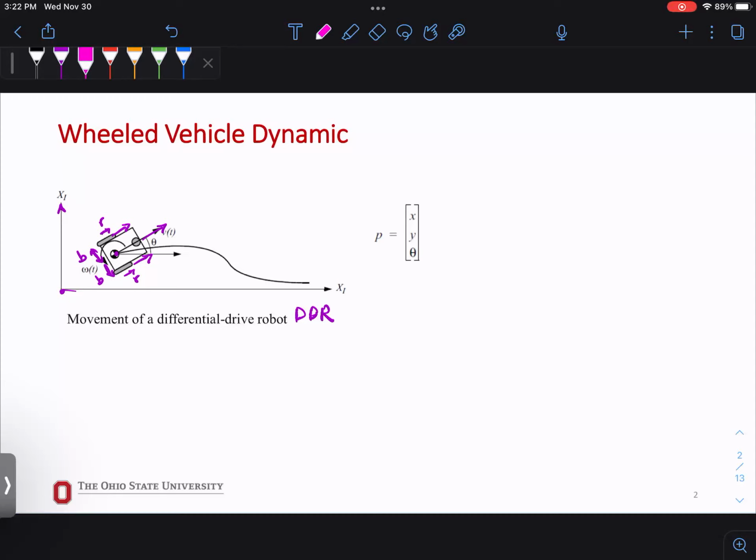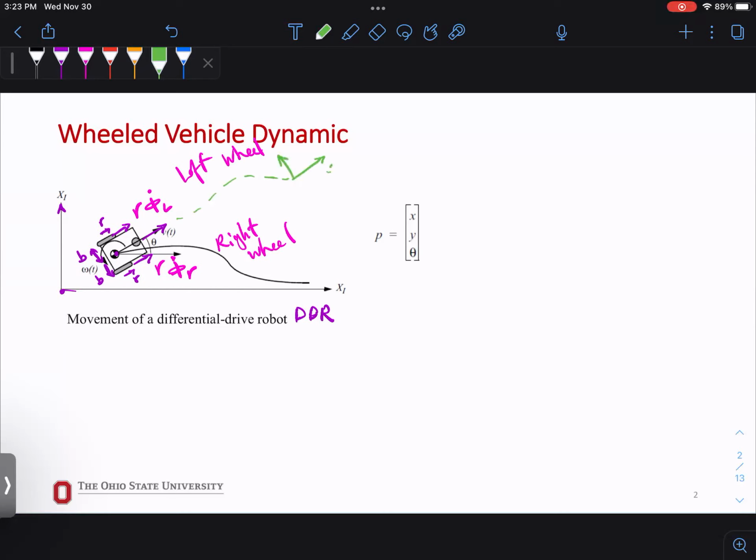So I'm going to say this velocity here will be r phi dot L for the left wheel, and r phi dot R, this is the right wheel. So I identified what kind of velocities I have, what's the direction of my velocity, and I know if I'm moving around